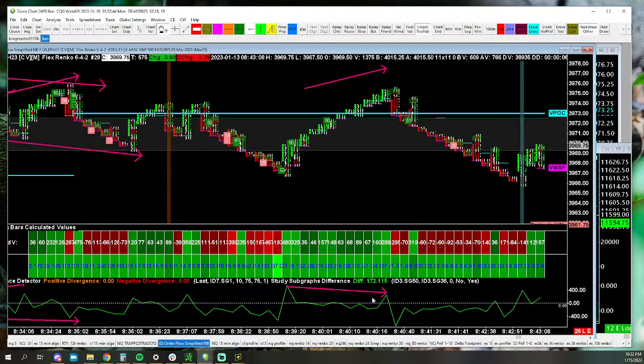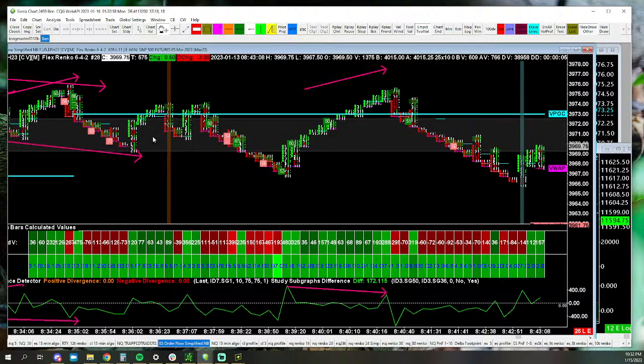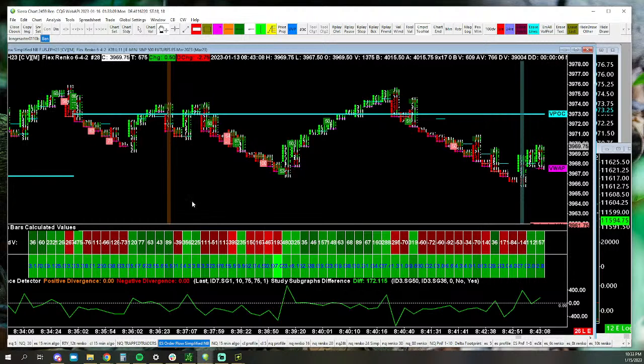Okay. The problem with that is that you have to keep looking at this chart and asking, do I have a lower high? Do I have a higher low? A lot of people get confused by divergence. So you could simplify things with Sierra Chart, telling it, whenever there's this divergence, give me a color and color the background. For instance, color it orange whenever there's bearish divergence, and blue whenever there's bullish divergence. That way, you don't have to look at the numbers or figure out bearish or bullish divergence. You just need to watch for the color change.